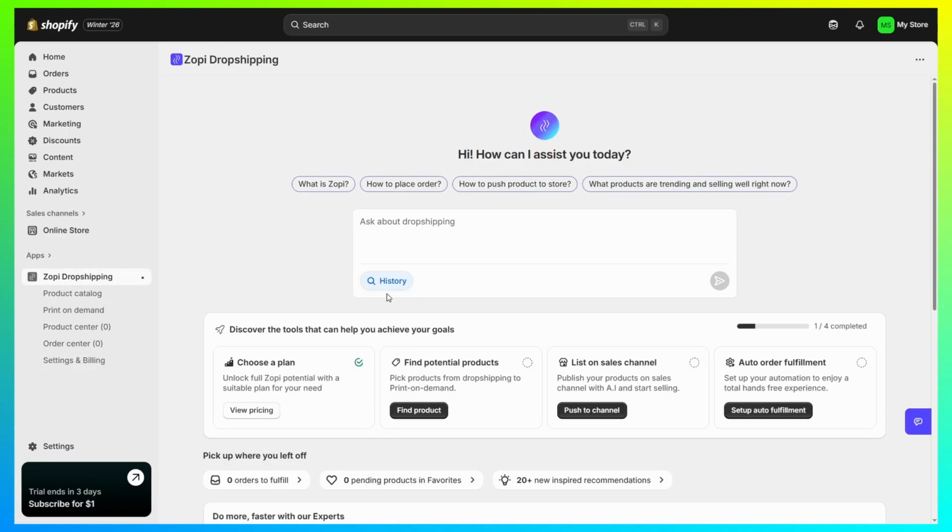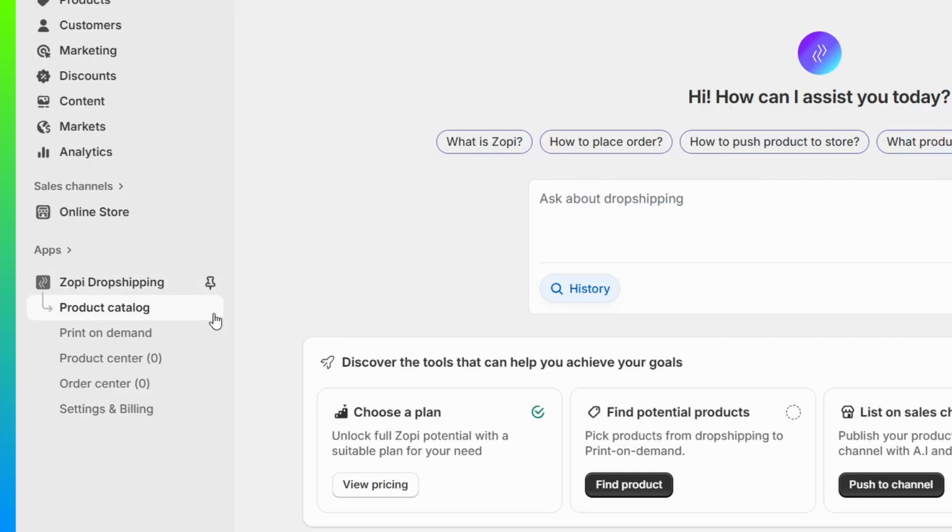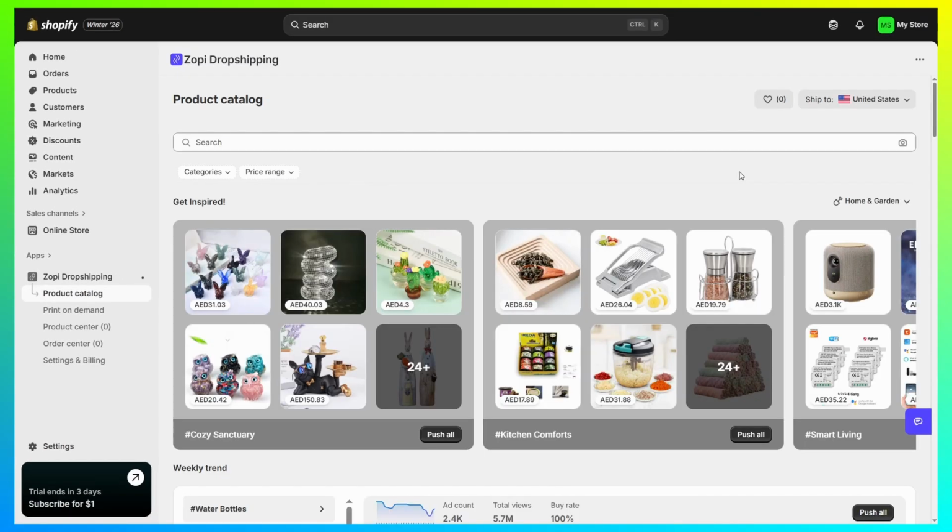So next up is going to be finding the actual product that you want. Now you can just go to the product catalog, and you're going to find a bunch of products that you can select from here. But at the end of the day, in this video, we will show you how to import specific products. So in order to do so, again, you will need to go to the product catalog. And then from the search here, we simply want to find the URL to the product we want and